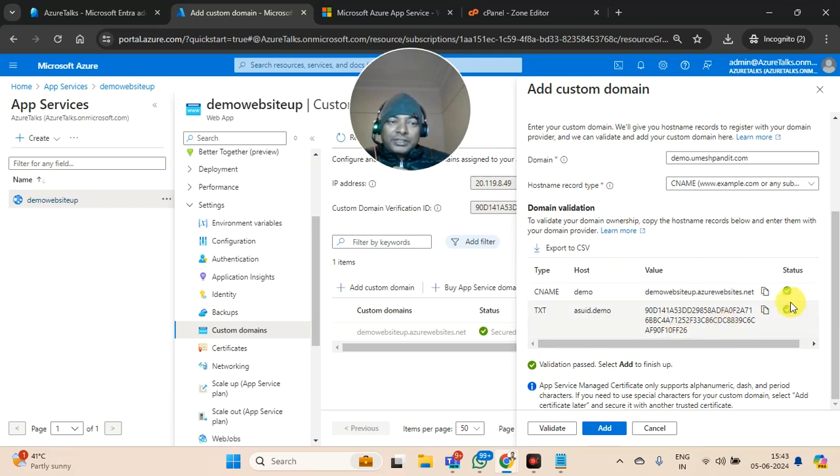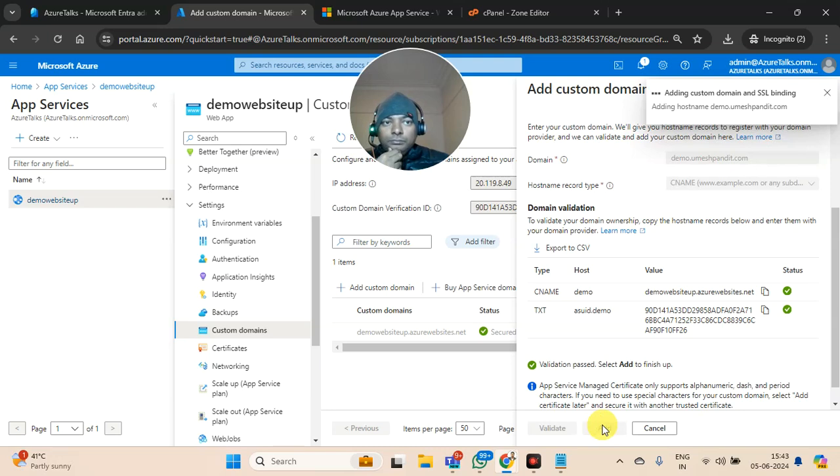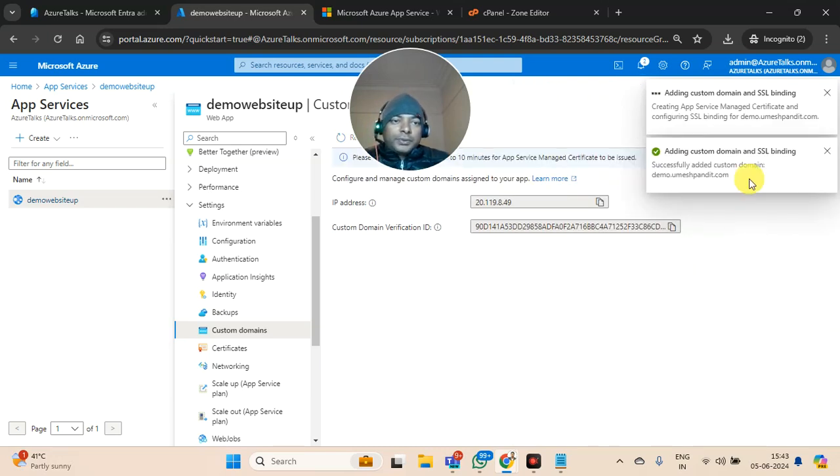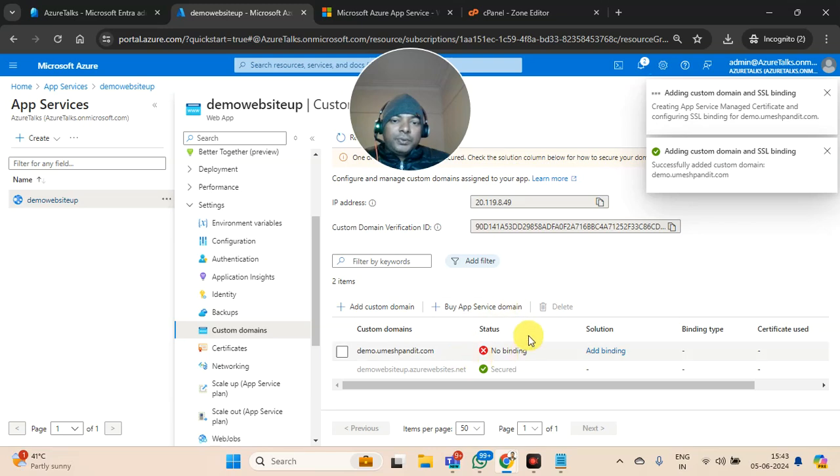We have the green tick checkbox. Go ahead and say add. Perfect. So this has been added and it is trying to do the binding. So let's see, I know it has given an error. So let's see if it is